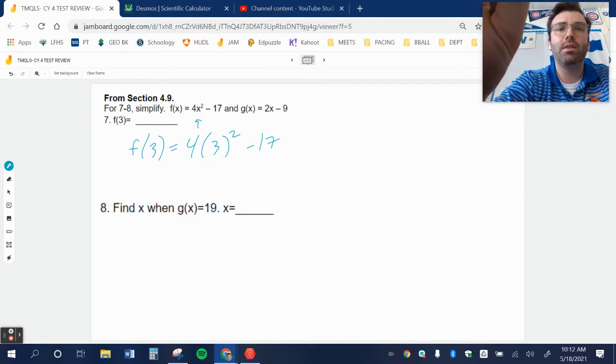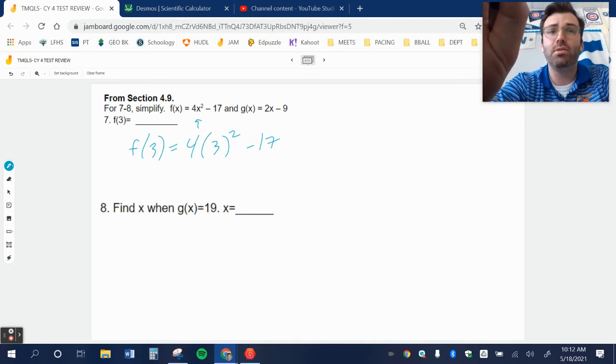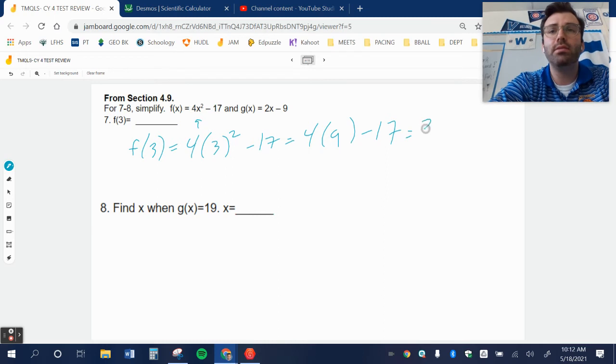All right, well, a lot of people make this mistake where they multiply the 4 and the 3 first. Don't multiply the 4 and the 3 first. You actually want to square the 3 first. So 3 squared is 9. 4 times 9 minus 17. 4 times 9 is 36 minus 17 equals